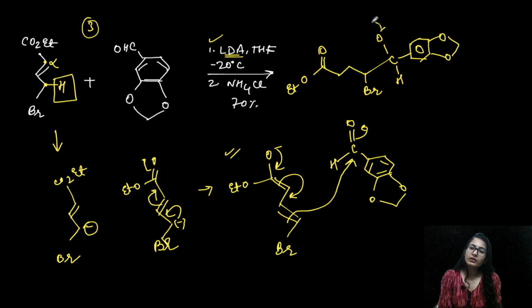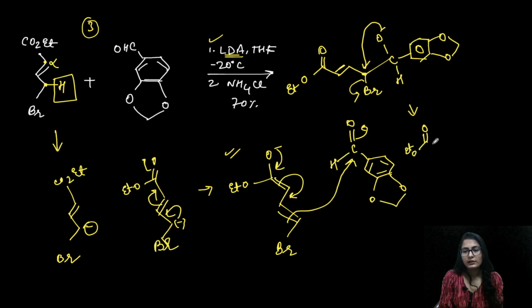Okay, and now you know what is going to happen. The oxygen attacks over the alpha carbon. Now this is not the alpha carbon anymore, it's very far away from the double bond, but yes, it is still going to happen, and this reaction is also a variation of Darzens glycidic ester condensation only. And let me write the final product. It is going to look like this, and I hope that you got something very similar, isn't it?